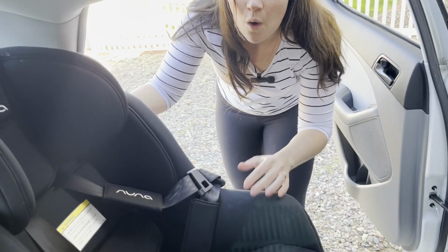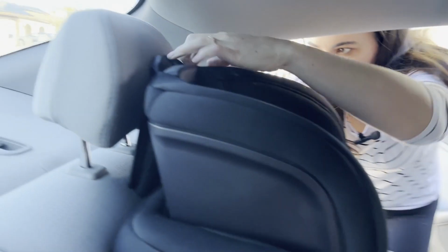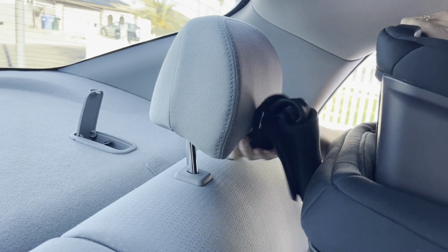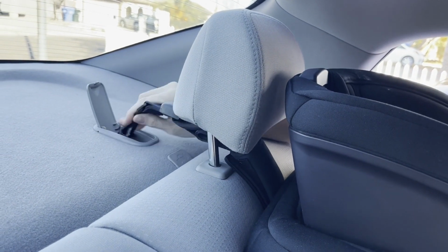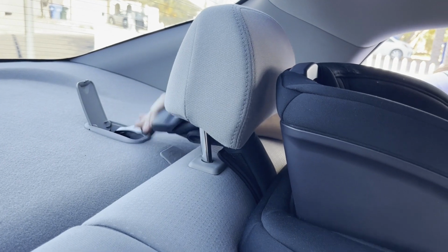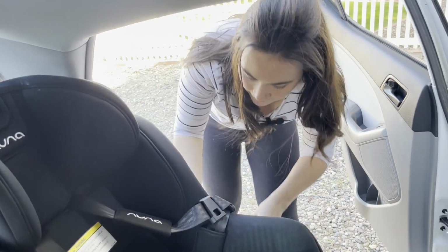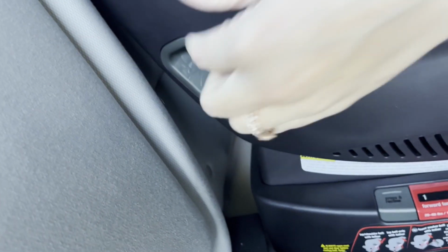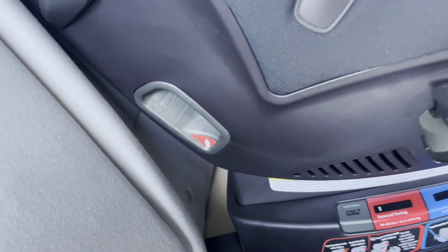I have my car seat. What you're going to want to do very first is make sure you grab in the back here the rear tether and adjust that to fit on the seat here. And it can extend, you can take the cover off, but adjust that to fit right here where that anchor is, and make sure it's nice and tight. Then what you're going to do is take the seat belt, and there is on this side as well, you can see it, the red color matches forward facing. And so you're going to feed through